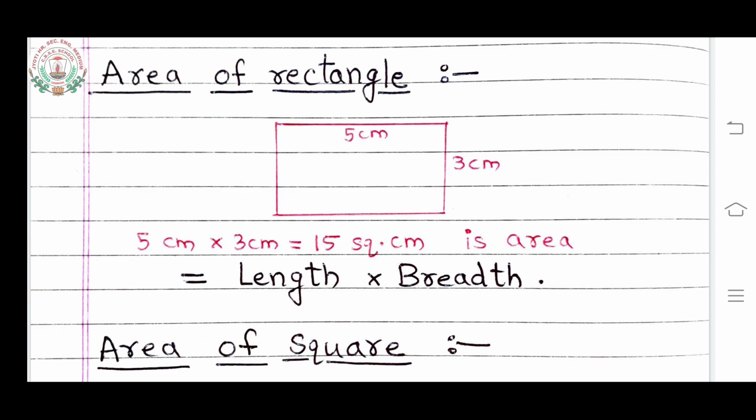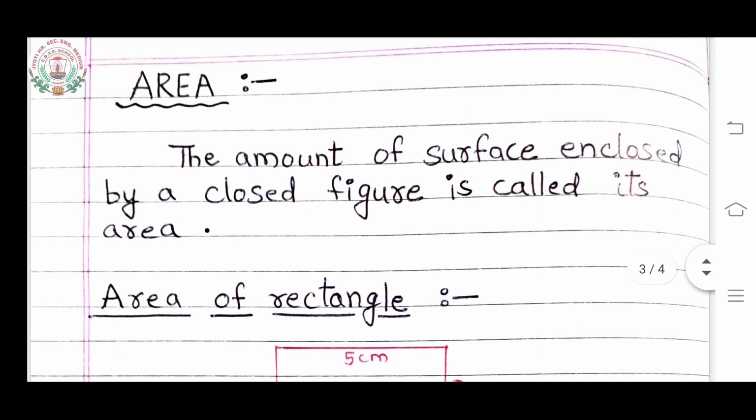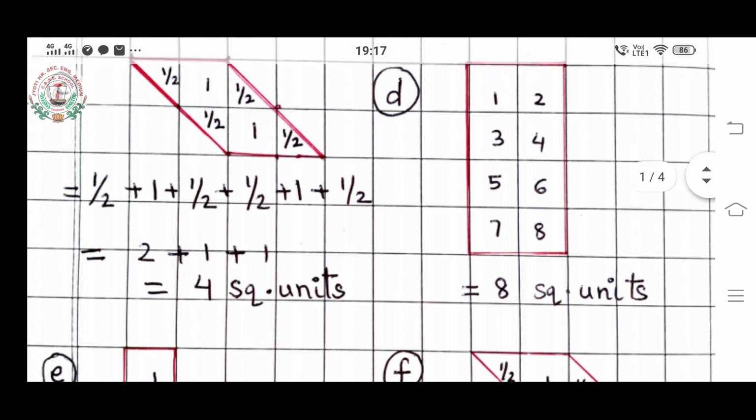Clear? So this formula you have to learn, and for explanation I have taken the example of question 1 of 10.2 D part. That was rectangle. Okay. Now coming to the closed figure square. How you will see and understand what will be the area of square. For understanding this, like rectangle, we will come to the question A part.